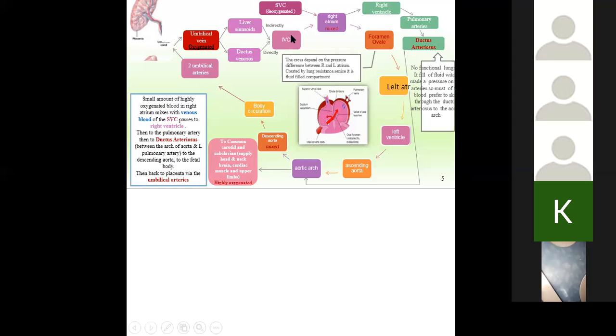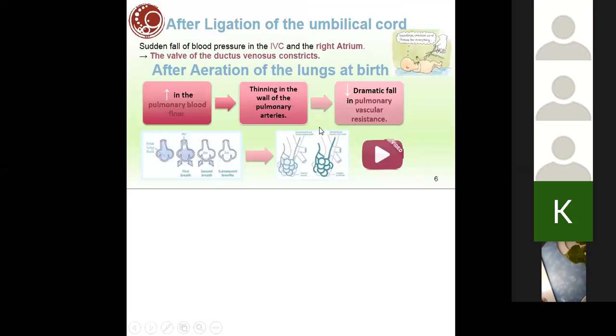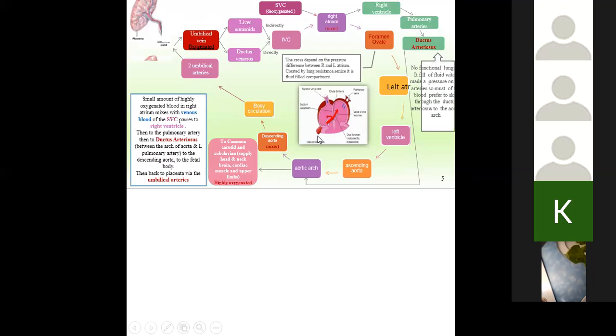From the inferior vena cava, it goes to the right atrium. You see, this color is not as reddish as this one, because here we have the deoxygenated blood which has come from the superior vena cava. Here you see this small structure. This is the inferior vena cava. This is the right atrium. This is the left atrium. This is the superior vena cava.